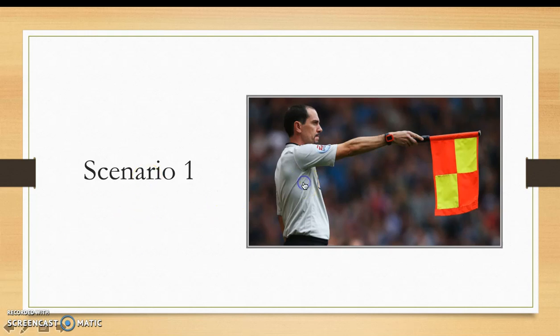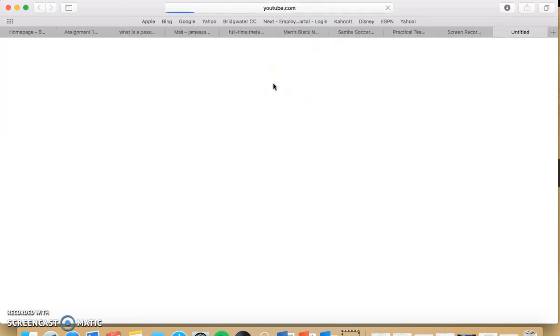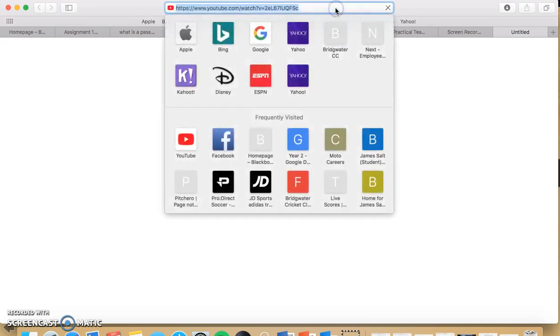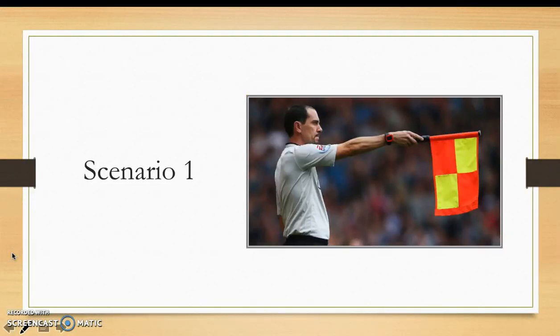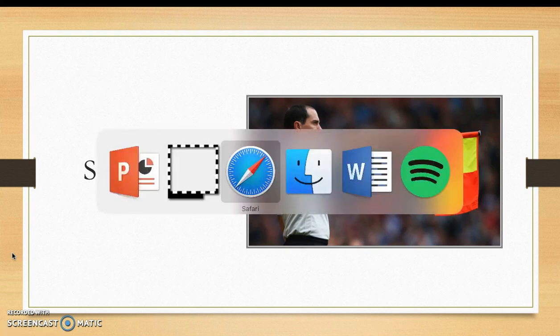The first scenario, if it loads. So in the first scenario,